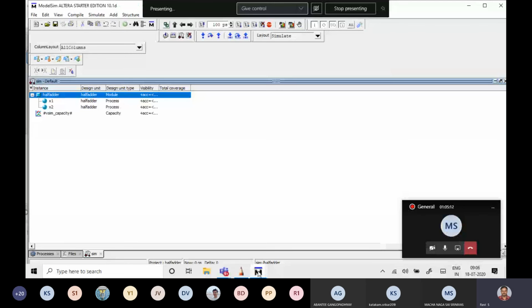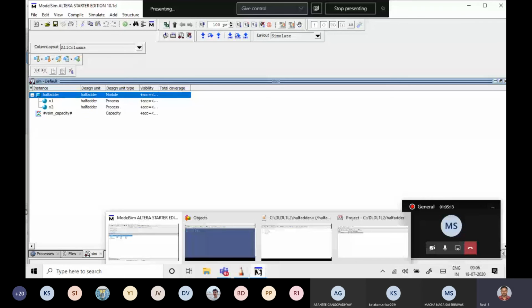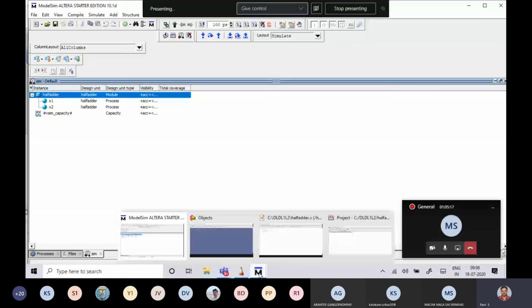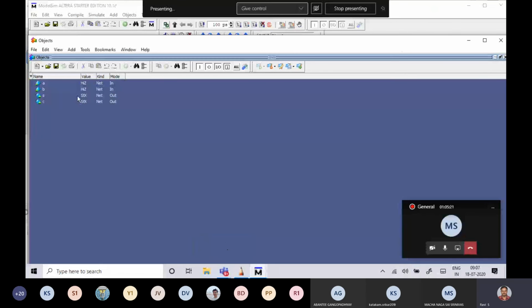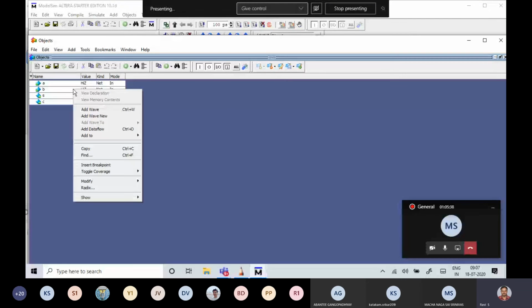Now go to the objects window. Please note down, go to the objects window. There, a list of variables is available. You select all the variables you want for verification in the waveform window. I need all 4 variables for my waveform window, so I'm selecting all 4.